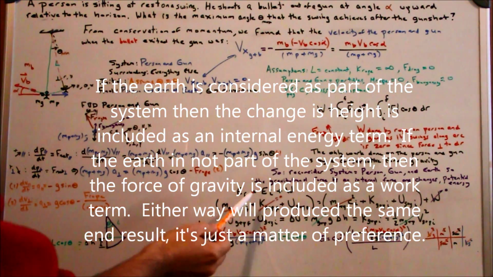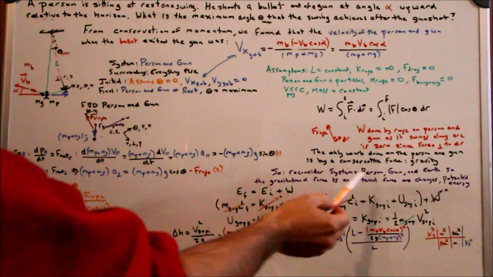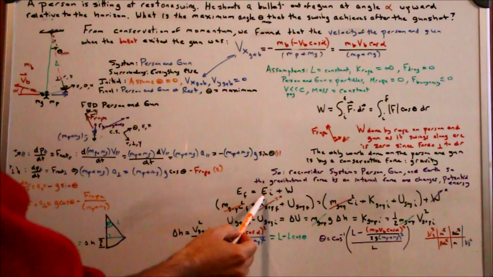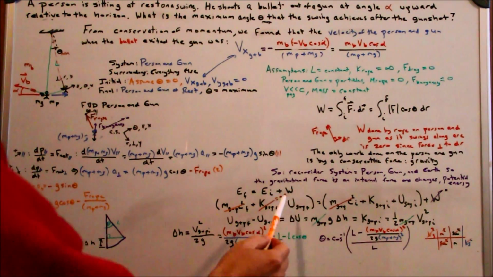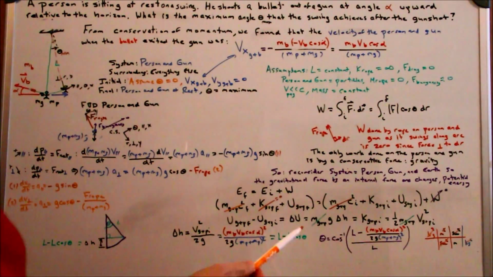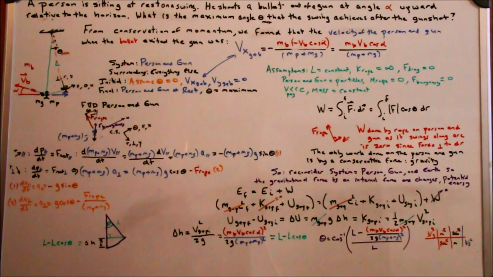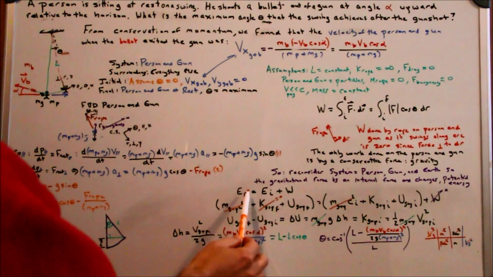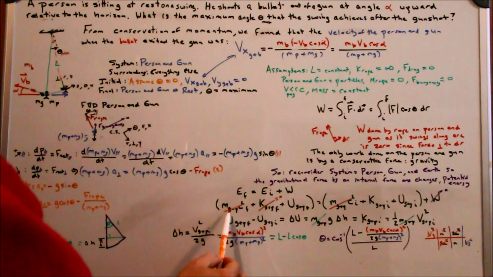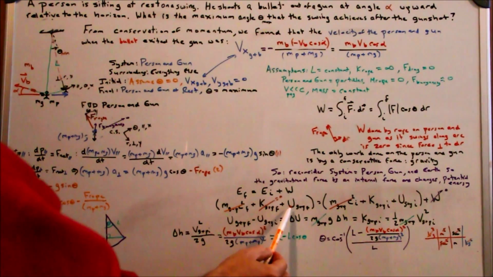From conservation of energy, we're going to say that the final energy of the system is the initial energy plus the work done on the system by the surroundings. And we just said the work done on the system by the surroundings is zero because we're going to consider the gravitational force to be an internal force, and the rope force does no work on the system. So final energy, that's my rest energy, my kinetic energy,